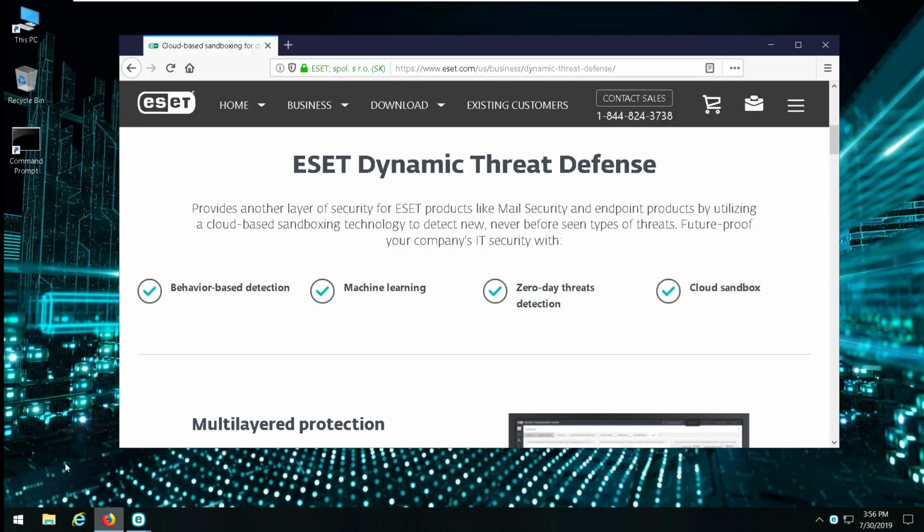In addition, ESET Dynamic Threat Defense is an optional service that offers powerful cloud-based sandboxing technology. It unpacks and executes previously unseen malware in a secure environment in the cloud run by our malware researchers. Basically, any ESET Dynamic Threat Defense enabled endpoint will send a file to ESET Dynamic Threat Defense for closer analysis using 9 different dynamic machine learning algorithms. If the file is deemed malicious, the file will be blocked and then all ESET Dynamic Threat Defense enabled machines